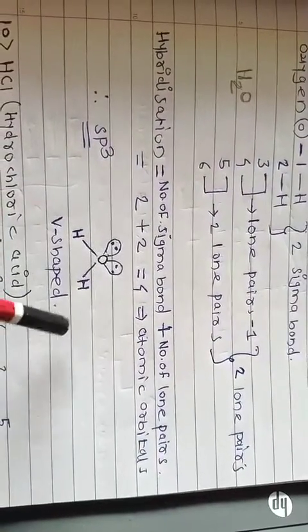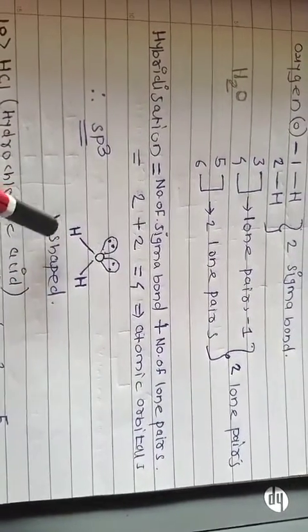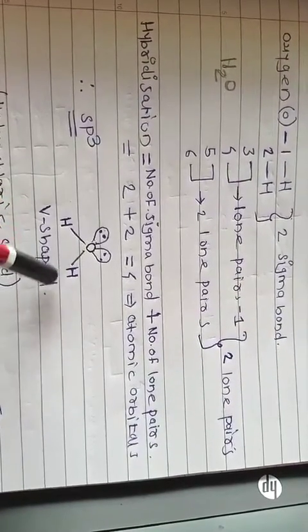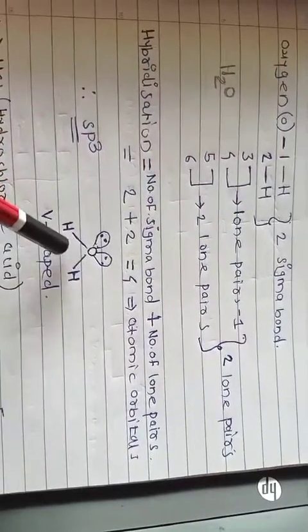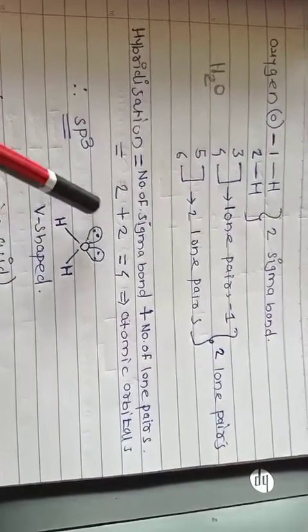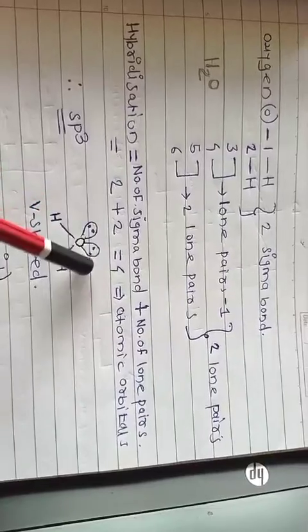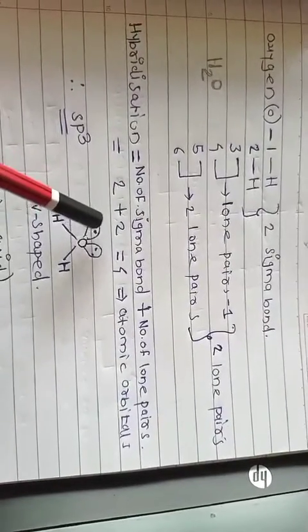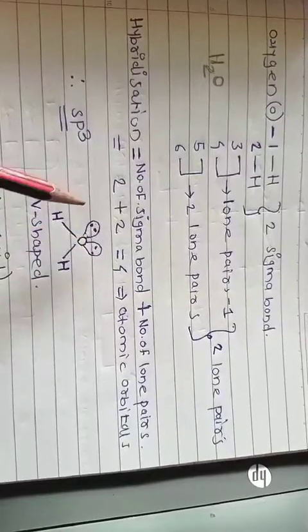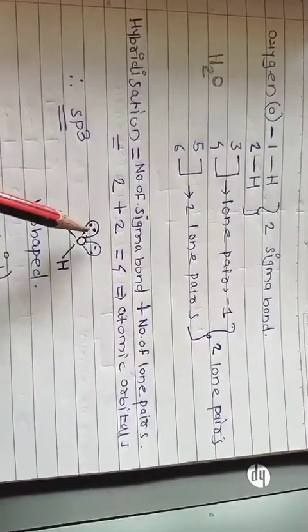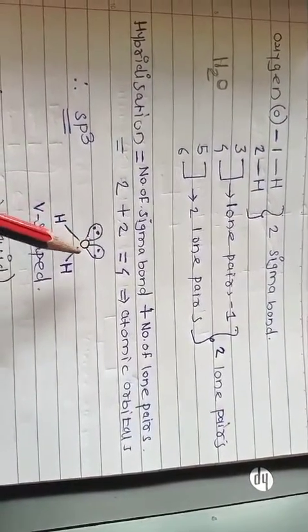So the geometry and structure of the water molecule is V shape. Basically, the 2 sigma bonds are formed by the 2 hydrogen atoms with the 2 valence electrons, and the 4 remaining electrons are the lone pairs: one lone pair carries 2 electrons and the second lone pair carries 2 electrons, so there are 4 non-bonding electrons present on the oxygen in the water molecule.